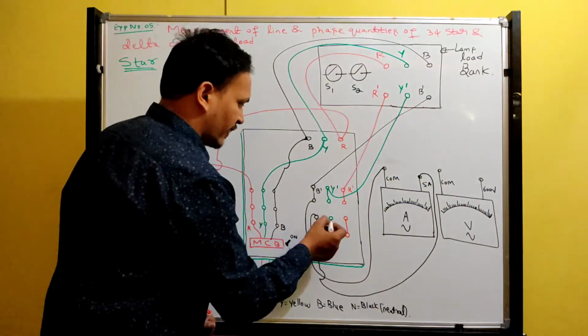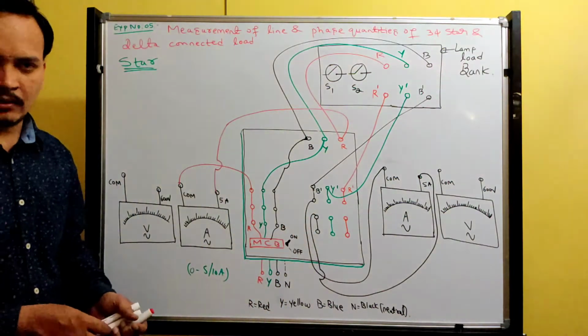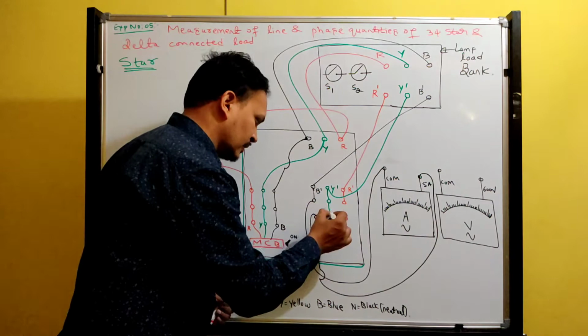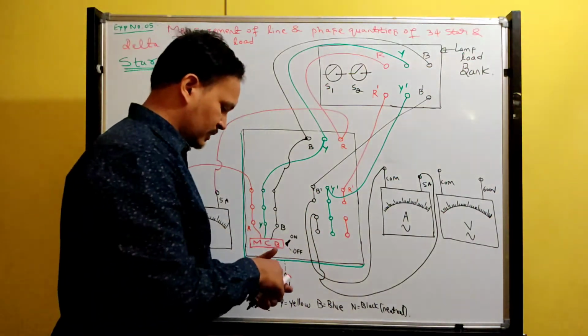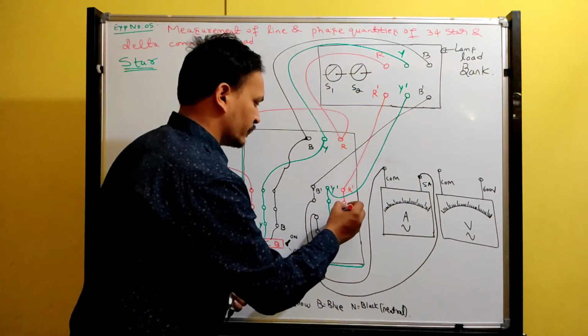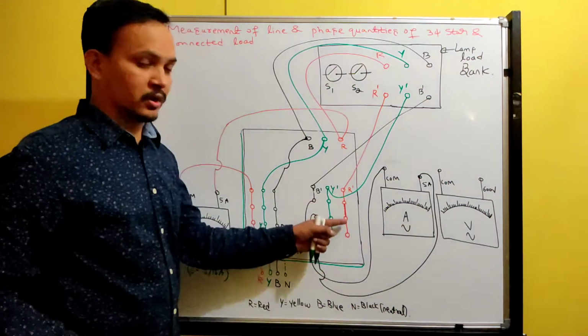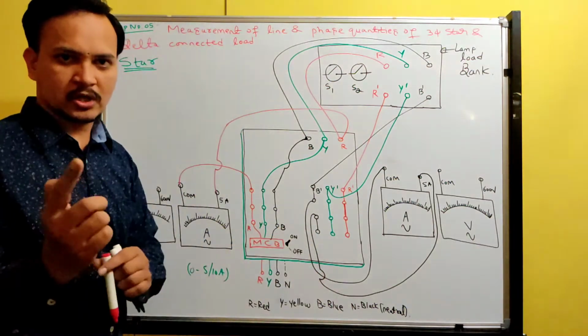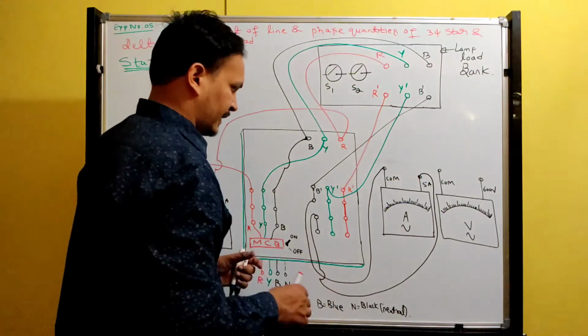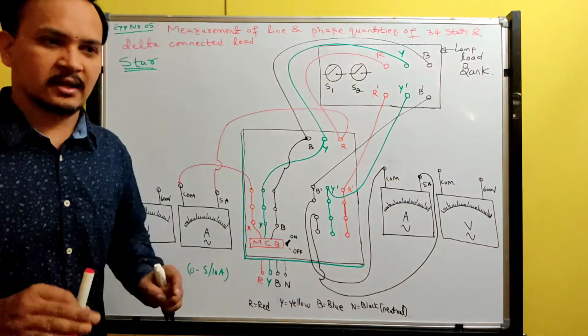Later in Y dash, no instrument we have in circuit diagram. So simply you join this Y dash. Similarly, R dash also we don't have instrument. You short with wire. Small wires. Later you have to do the star connection.